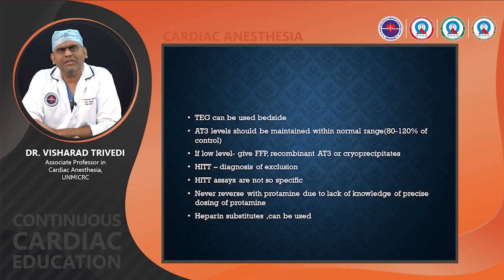Thromboelastograph can be useful in case of severely bleeding patients, because bleeding is a major complication in Veno Venous ECMO. Another coagulation factor should also be measured, like antithrombin 3. Its level should be kept around 80 to 120% of the normal level. If there is a low level of antithrombin 3, then you can replace it with recombinant antithrombin 3, FFP or